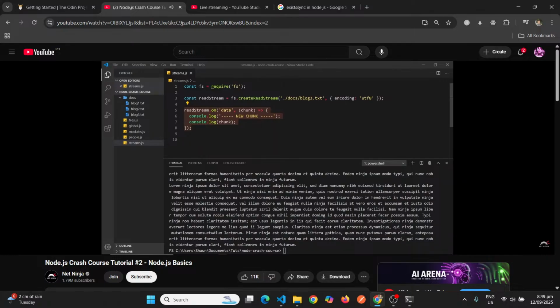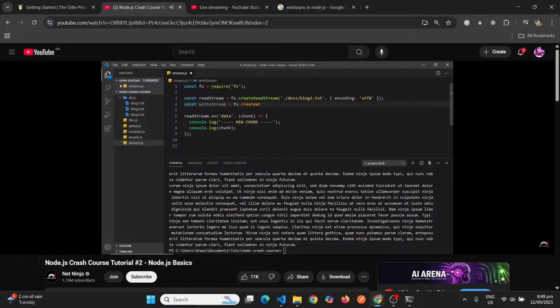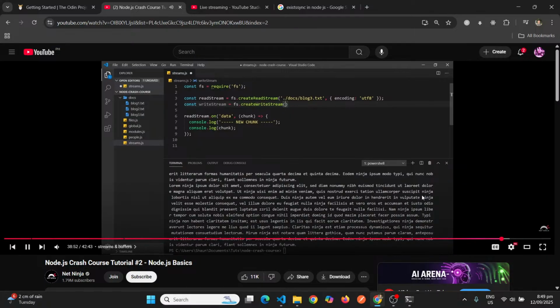Now we can also create write streams where we write data to a file a bit at a time. So to do that, first of all, we need to do something similar like this to create a write stream. So I'm going to say const, and I'm going to call this writeStream, and I'm going to set it equal to fs.createWriteStream. Oops. createWriteStream. And then inside here, we need to say what file we want to write to. So let's